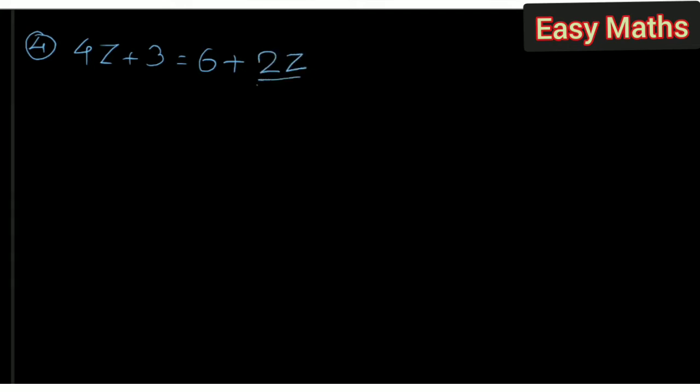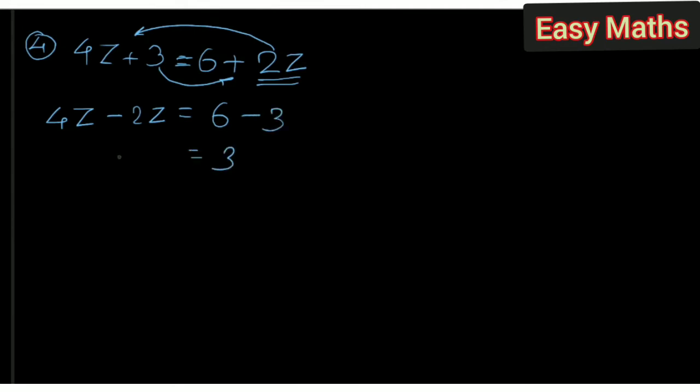So now what I am going to do is take z to one side of equal to and constant to the other side. So I keep 4z as it is, and this plus 2z goes to the left side, it becomes minus 2z. This 6 remains as it is, plus 3 becomes minus 3. So it is 3 here, it is 2z, and there is multiplication between 2 and z, multiply becomes divide. So this is our final answer, 3 by 2. We don't need to find the answer in decimal point. So moving on to the next question.